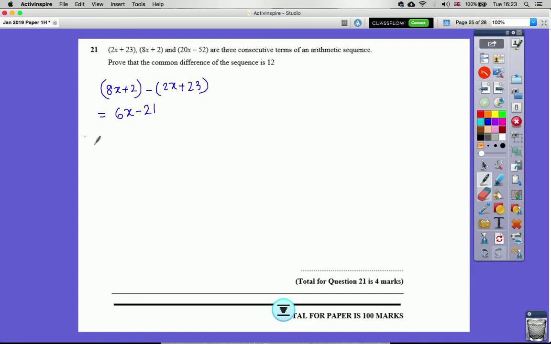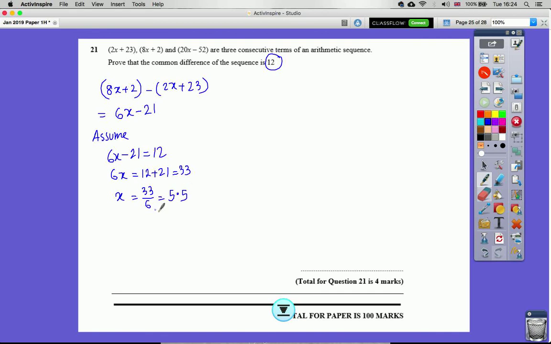And then we are going to assume 6x minus 21 is equal to 12, because we need to prove that the common difference is 12. So 6x is 12 plus 21, which is 33. So x will be 33 divided by 6,